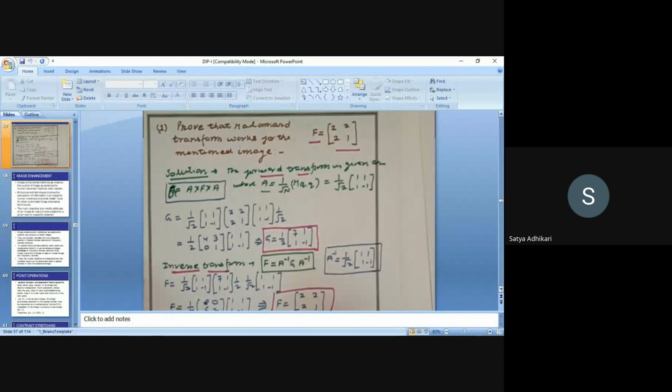2 2 2 1 is the original image whose gray level values are given row-wise and column-wise. The forward transformation is given by the function g equal to A into F into A. So that is the forward transform function, A into F into A. What is A? 1 by root n